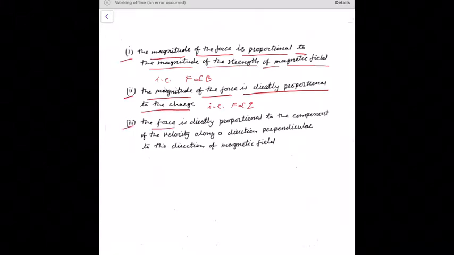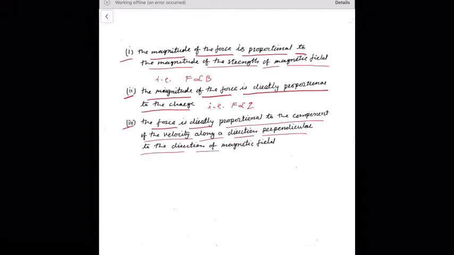And third, the force is directly proportional to the component of the velocity along a direction perpendicular to the direction of magnetic field, that is